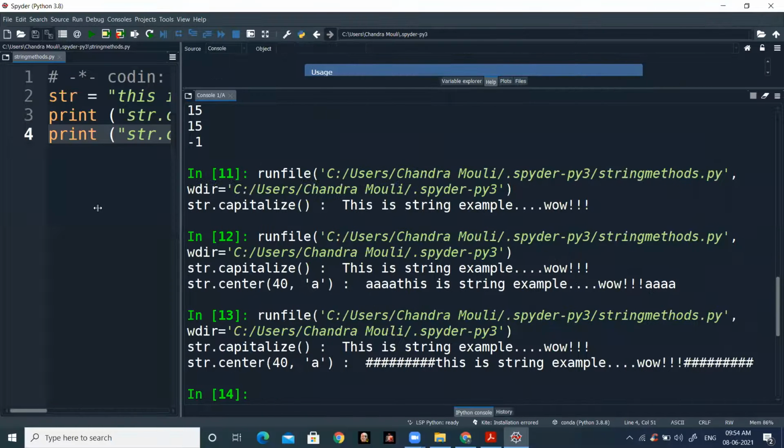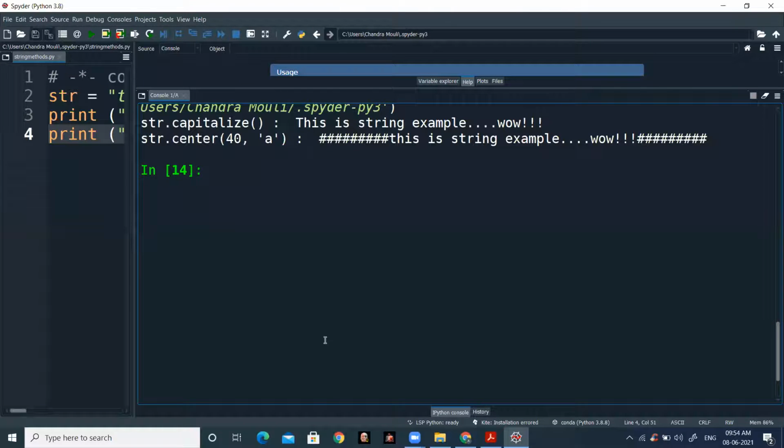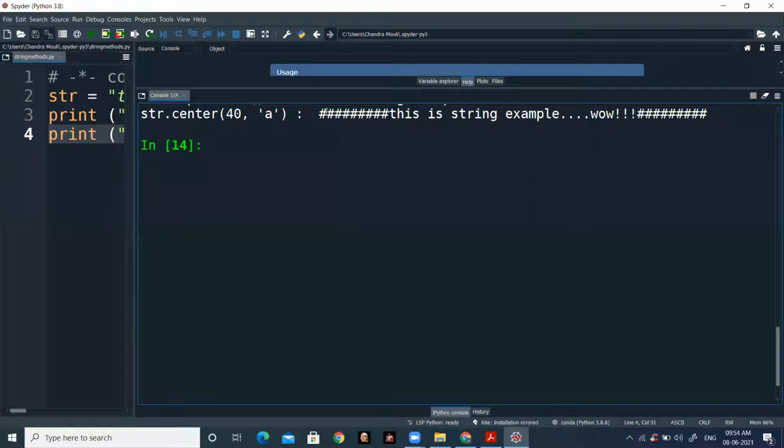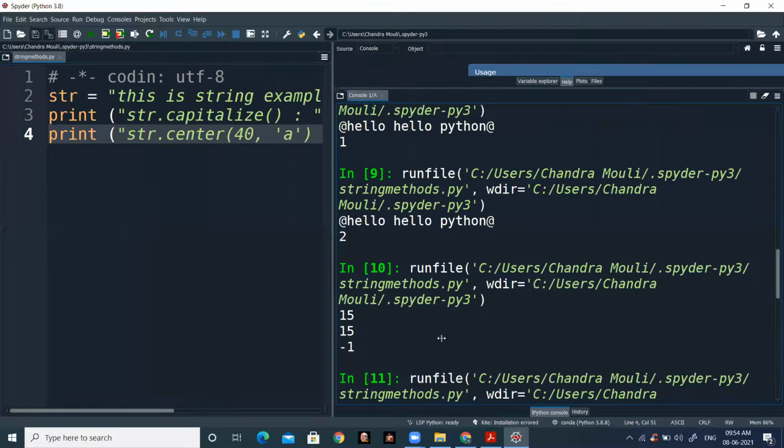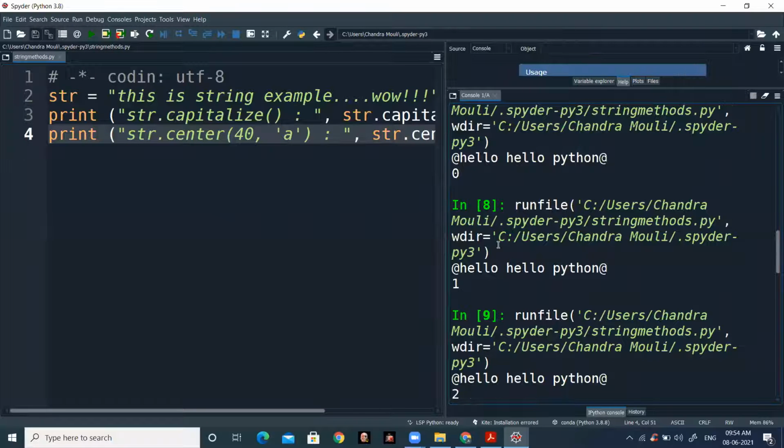Here you can observe in the output: the string, this is string example, up to 32 characters, is centered. Before and after it is filled with the hash. So this is the use of the center method.